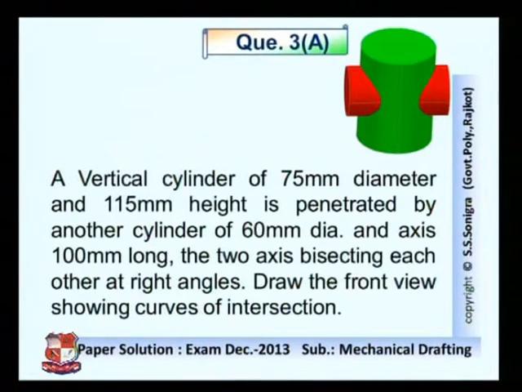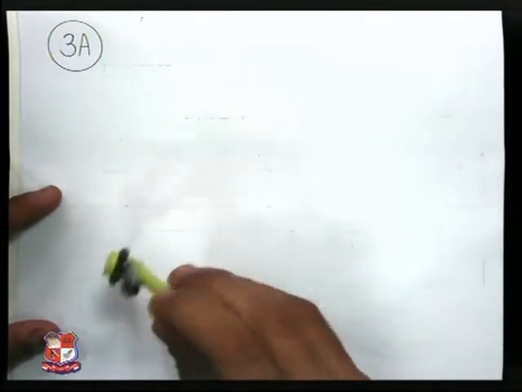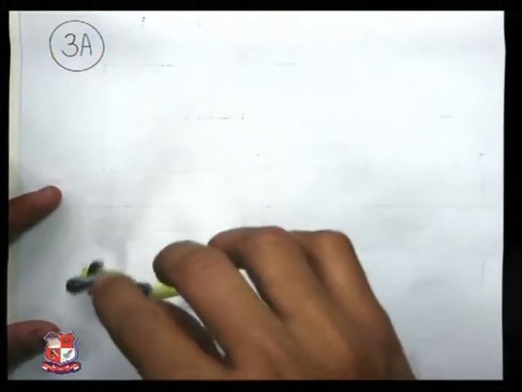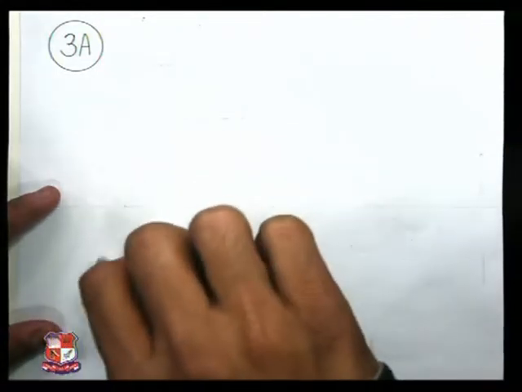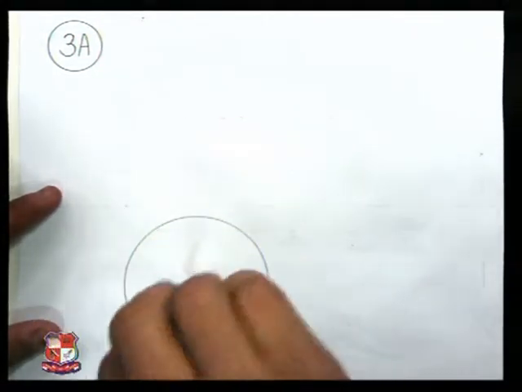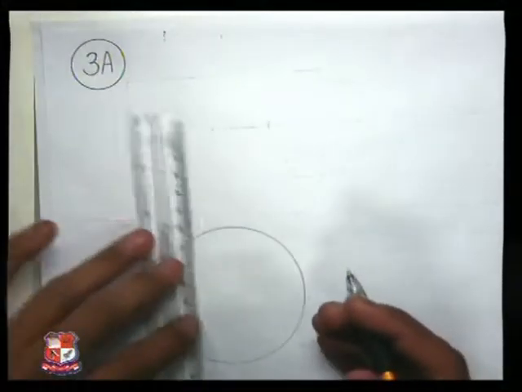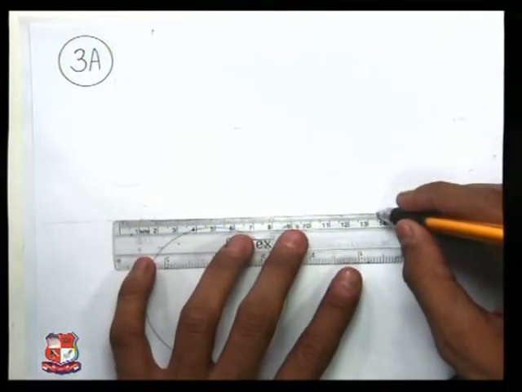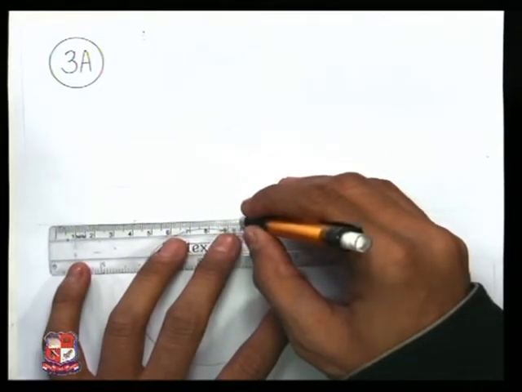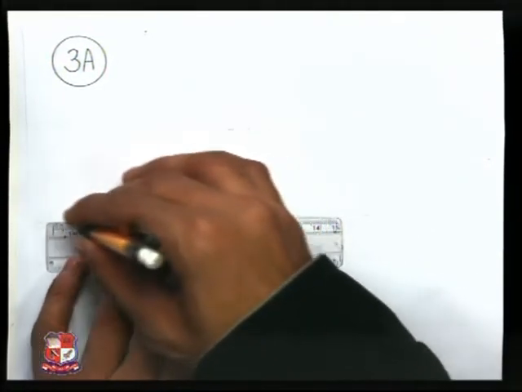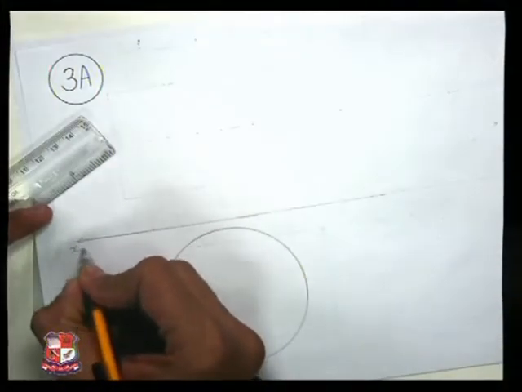First, the diameter of the vertical cylinder is given as 75 mm. So take 75 mm as a diameter, or 37.5 mm as a radius, and draw a circle. It will be like this. This is the circle having diameter 75 mm, and here draw the XY line which represents the intersection of horizontal plane and vertical plane, like this. This is the XY line,